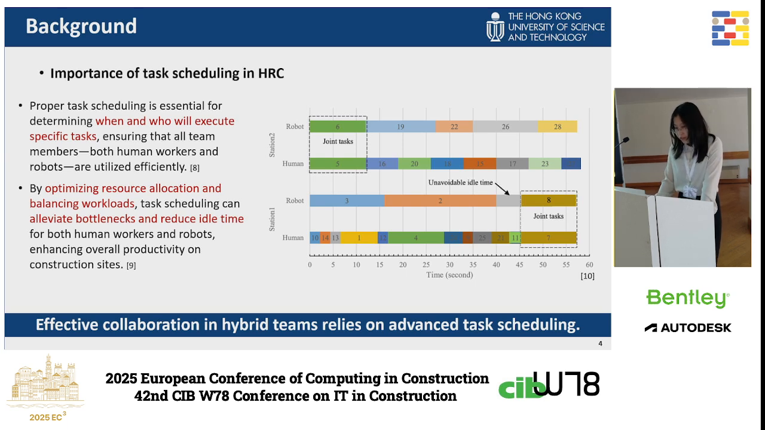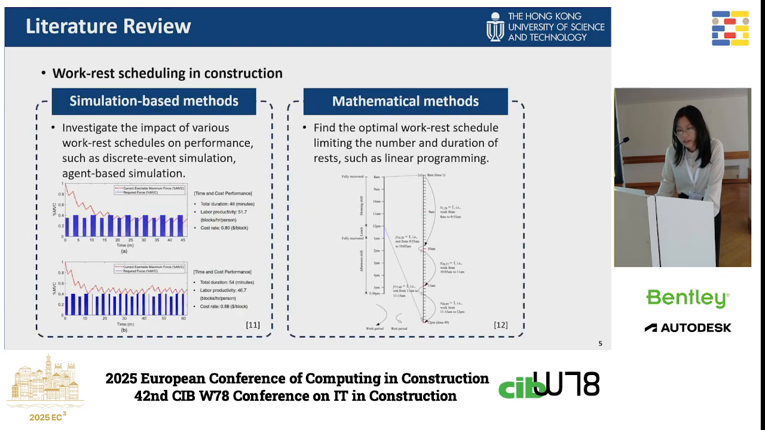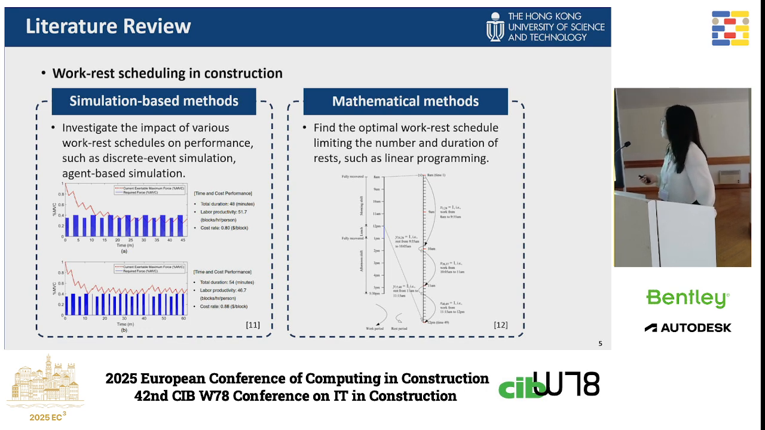So to ensure effective collaboration within the hybrid team, we need to advance the system task scheduling. We will review work-rest scheduling and task sequencing as the two main branches of the task scheduling method. For work-rest scheduling, there are also two categories. The first one is the simulation-based methods. In this one, we usually use discrete event simulation or agent-based simulation. This example uses discrete event simulation to investigate the impact of various work-rest schedules on the performance. For example, in this situation, they compare the work-rest schedule with or without the voluntary work